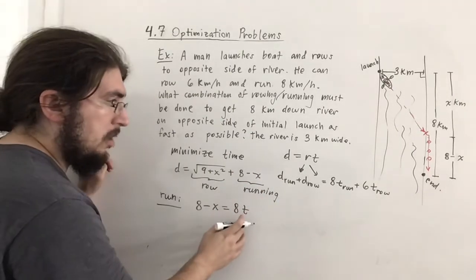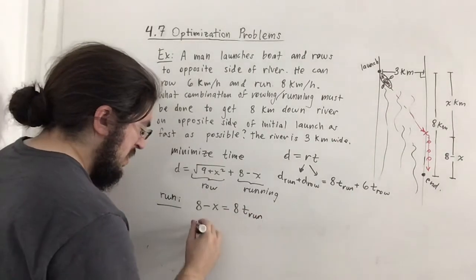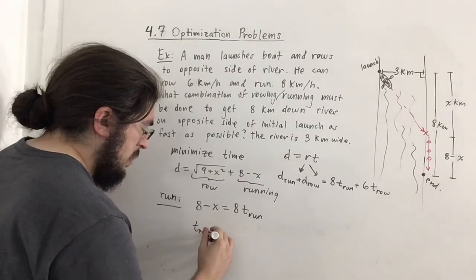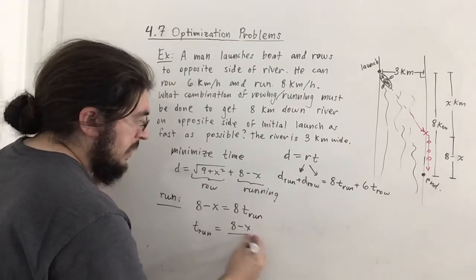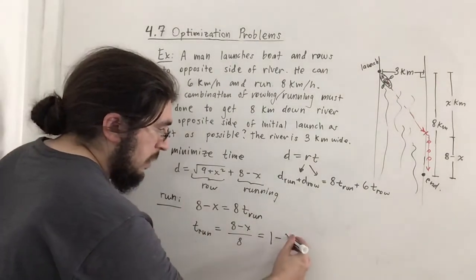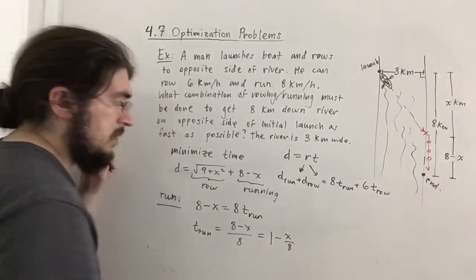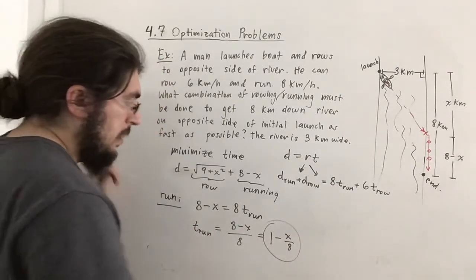So we can actually solve for time here. So his running time, so t run, would be just equal to a minus x all over 8, which actually simplifies if you split this up as 8 over 8, which is 1, minus x over 8. So that's the running time. So I'm going to circle this. Now for rowing,